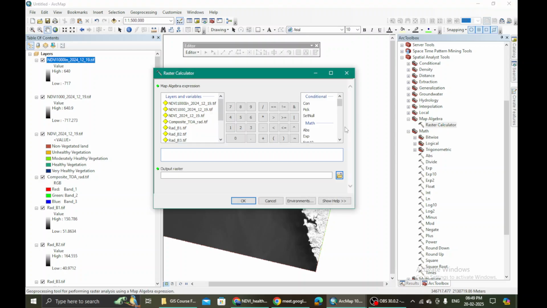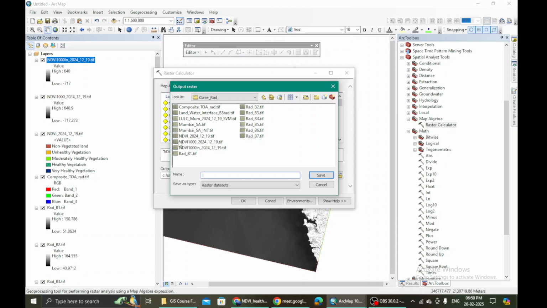Yes, ma'am. So we come here, we open this raster calculator where we bring our NDVI value. This NDVI value that we have classified in different colors, non-vegetated to very healthy vegetation, we bring here and then use this multiplication and then 1000.